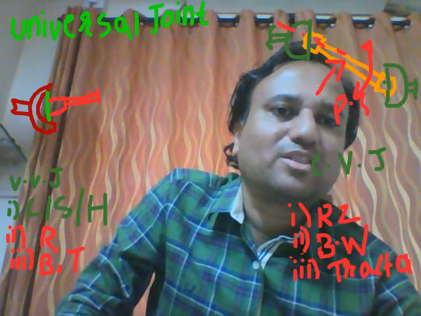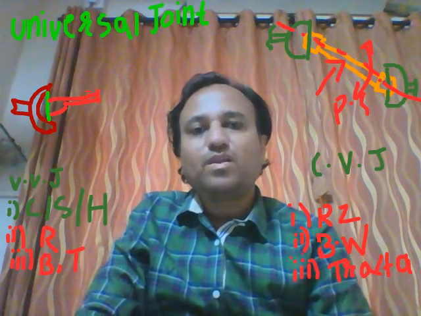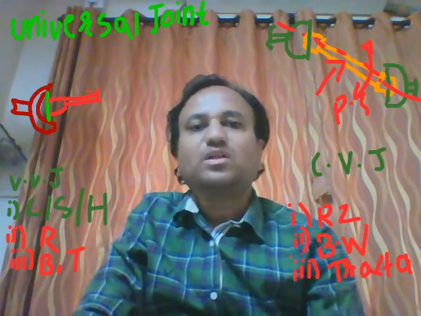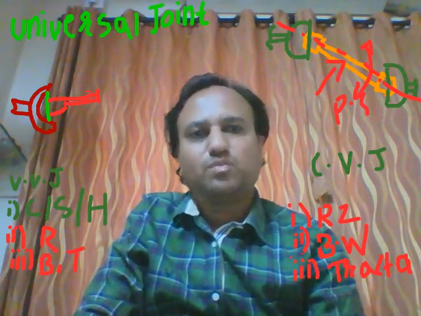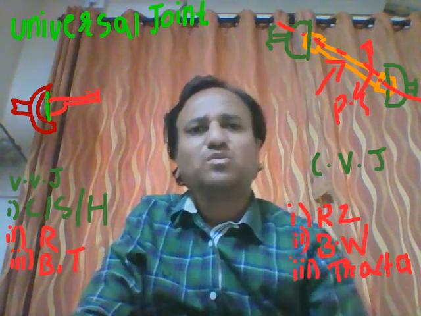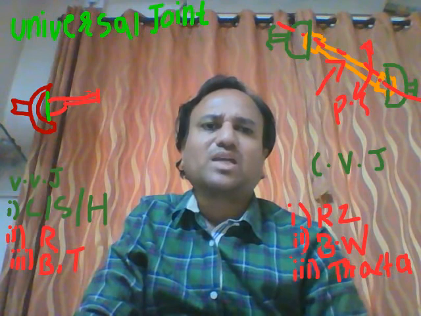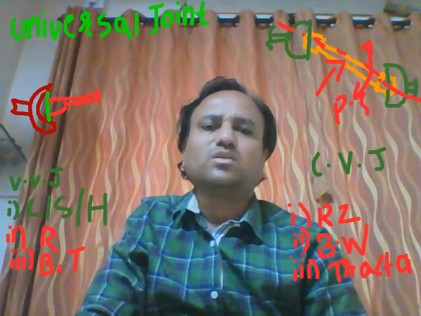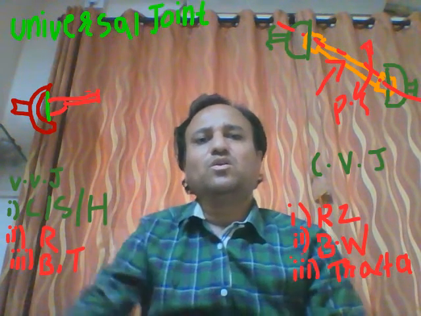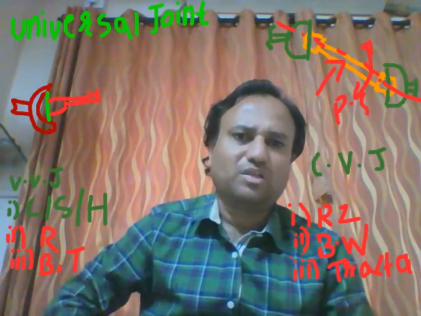Suppose this is the axis of the propeller shaft. Some varied inclination will be provided to the transmission shaft. Failure of the shaft may be avoided by using a flexible coupling in power transmission. Some angular misalignment will be allowed to the propeller shaft. If there is no flexibility to a rotating shaft, then there are chances of failure.